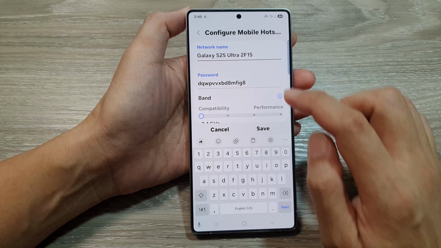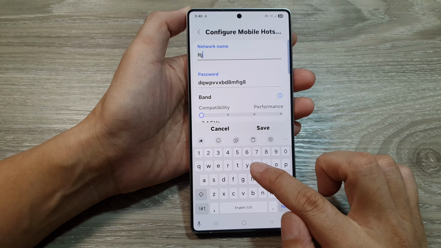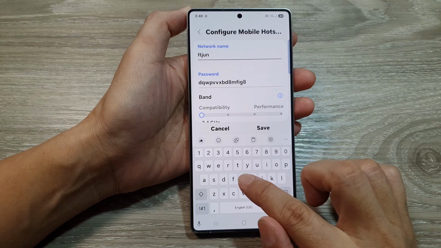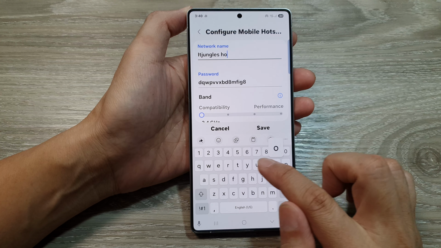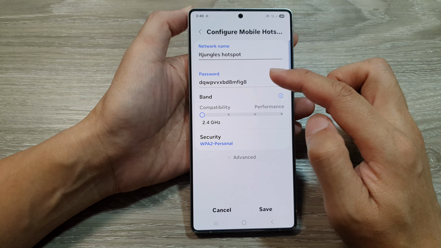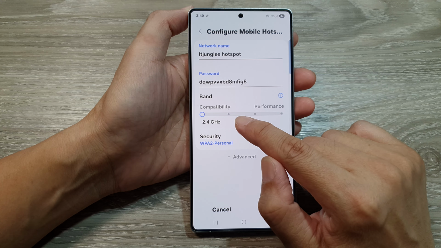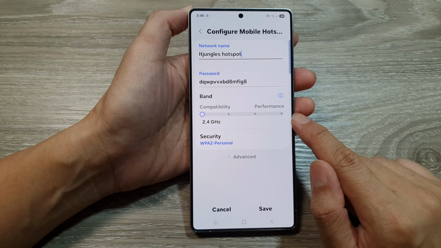In here, you can change the network name to something else. So here I will name it to ID Jungles Hotspot. Alright, so while you are in here, you can also change the password, the band between compatibility or performance,